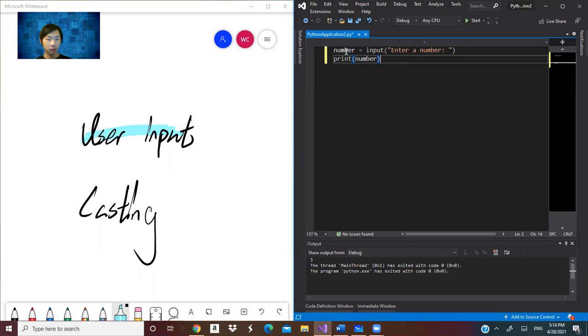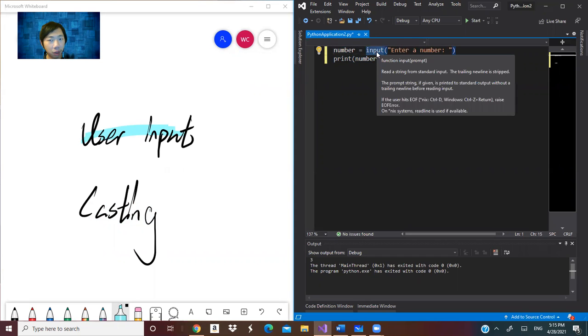So here's the basic user input. This concept here is the number, the variable, and the input function. It's a really important function you need to know. It's the built-in function.